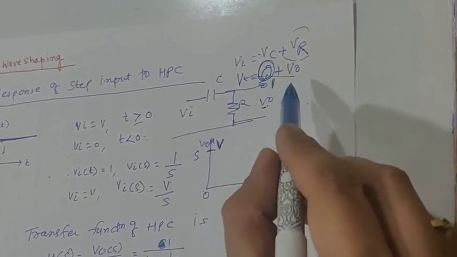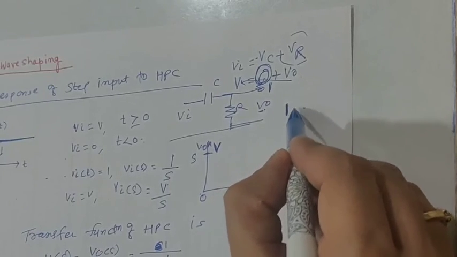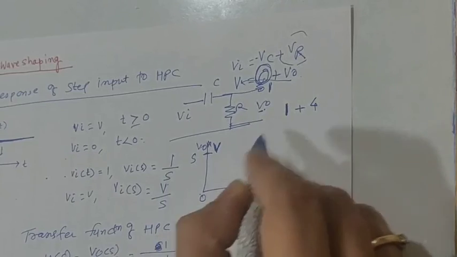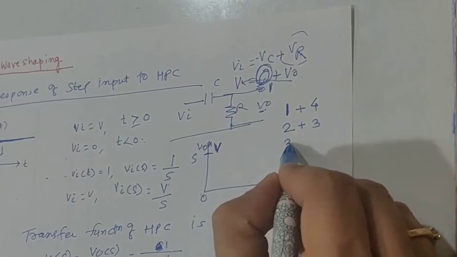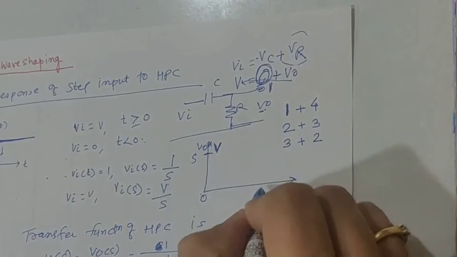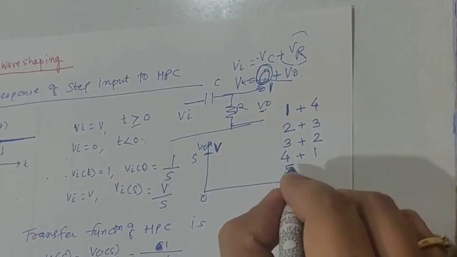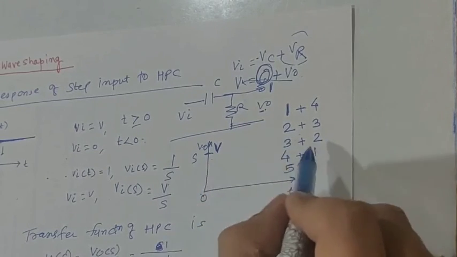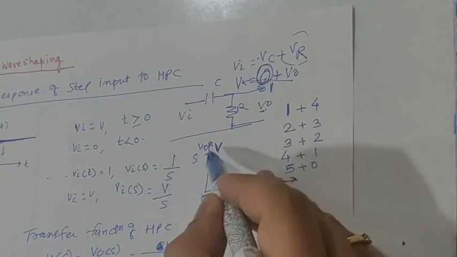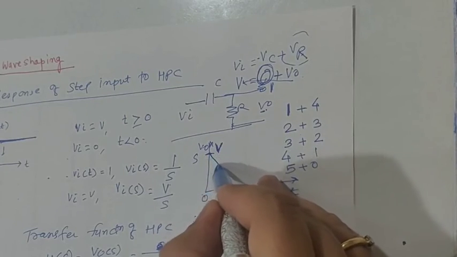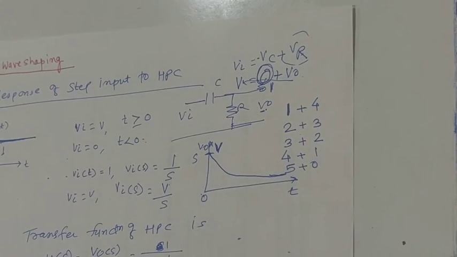Initially at time t is equal to 0, the input is 5, so the output is going to be 5. But now the capacitance has started charging. Let us say it has charged with 1 volt, so the remaining 4 will go to the output. Then it is charged with 2 volts, the remaining 3 will go to the output. It is charged with 3 volts, now the remaining 2 will go to the output. It is charged now with 4 volts, the output is going to be 1, and it is fully charged with the 5 volts and the output is going to be 0. So you can see that the output is decaying: 4, 3, 2, 1 and 0. It started with 5 and then it exponentially decays.